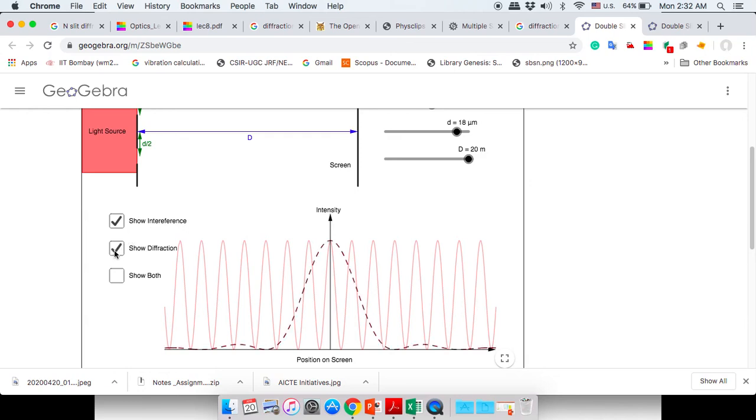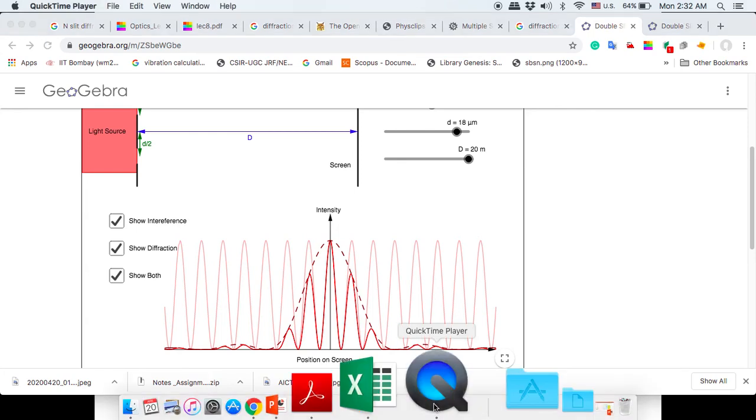If you put the diffraction, so this is the single slit diffraction envelope, and inside it diffraction and interference are both here. So this interference occurs due to two point sources or two sources, and this envelope occurs due to a single slit. Okay,